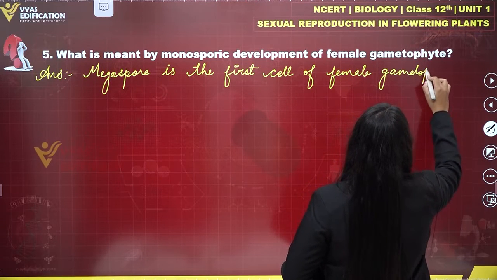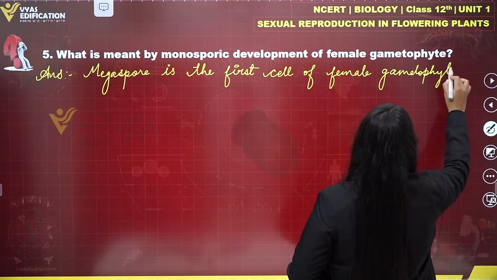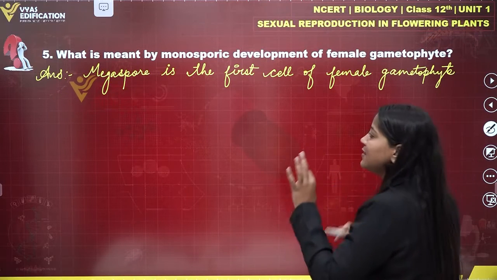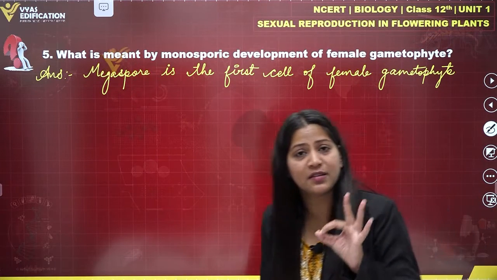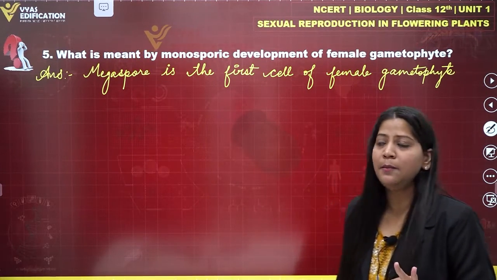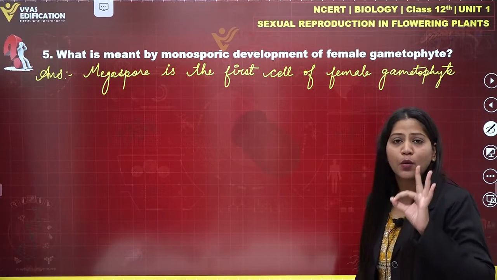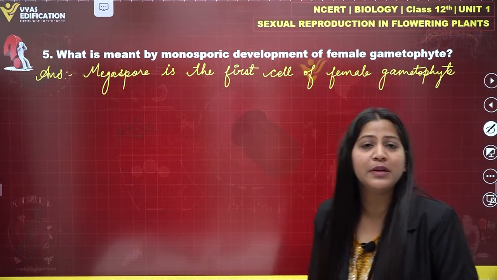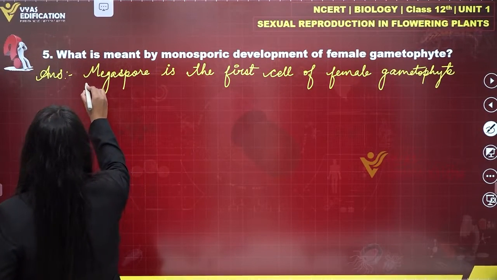Why is this known as the first cell of the female gametophyte? Because from this megaspore mother cell, only this cell undergoes meiotic division to form the female gametophyte further. Now, depending upon the number